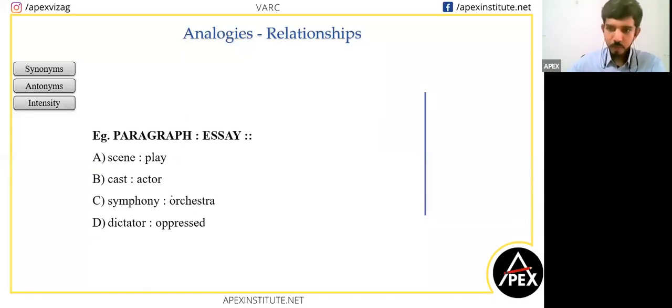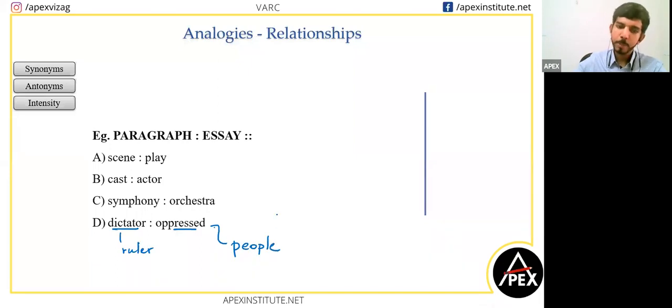Okay. So some have an issue with what is oppressed. Any other words which you have not understood? Okay. So dictator is a ruler, right? He is ruling over some area of land or geography or a group of people. So dictator is the ruler. And oppressed are the people whom the dictator is ruling over. Okay? Oppressed are the people who are not free.